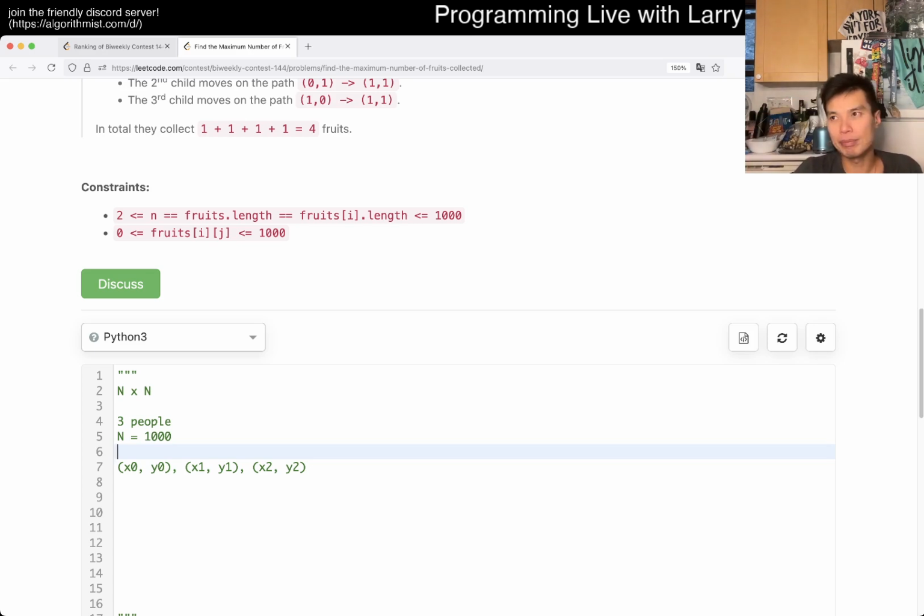Well, the first thing that I kind of looked at was, maybe another way that you could have attacked it is noting that, okay, well, can we just do them 3 independent times and then add up the results, right? And the answer is no, because you have to keep track of where the other people took, right? Because you cannot take the same cells, because if you took the same cell, that means that